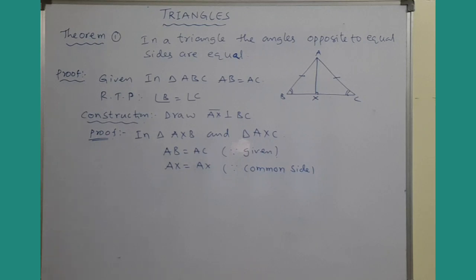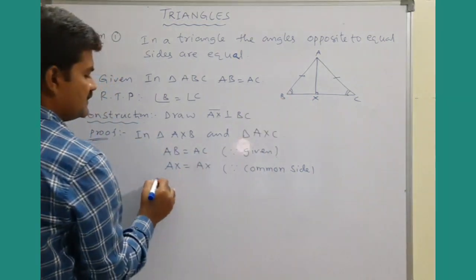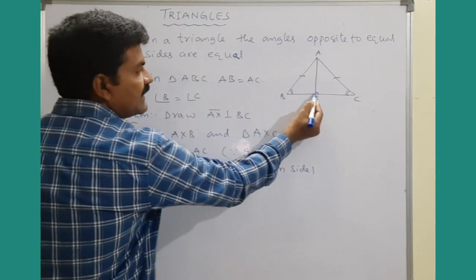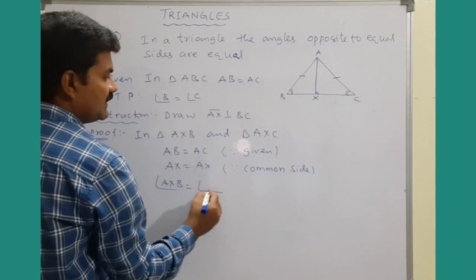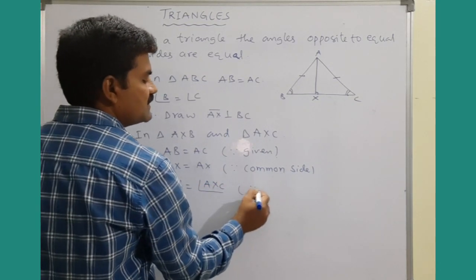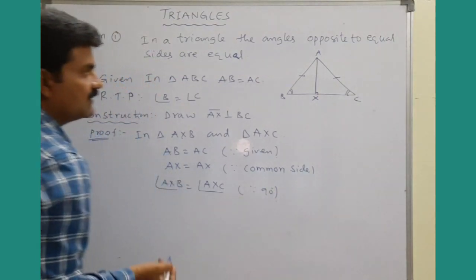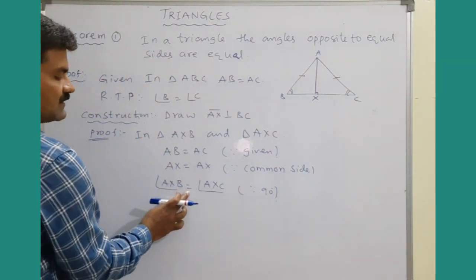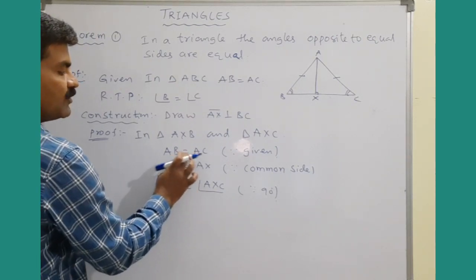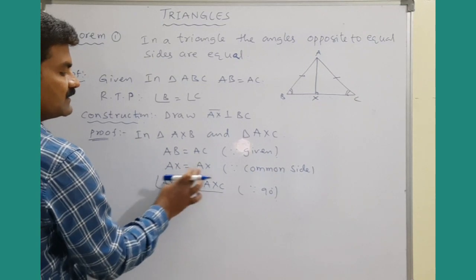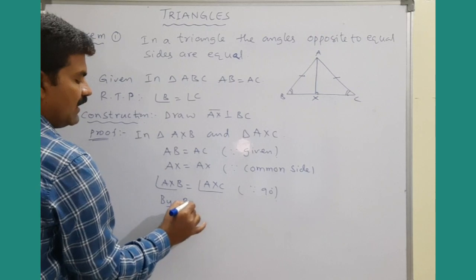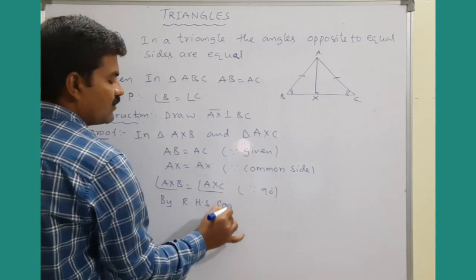And what about the angle at X here? See, angle AXB, which is a right angle, and angle AXC is also a right angle, since 90 degrees. Now because of the right angle, AB and AC are nothing but the hypotenuse, and this is nothing but the side. So I can say that by RHS congruency